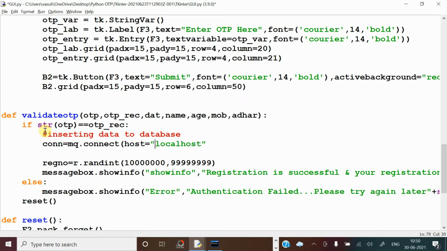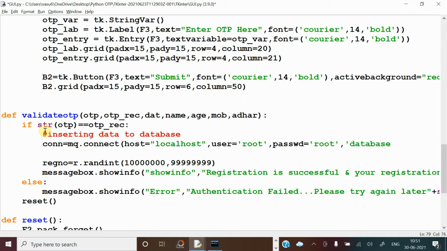So whatever PC you are using at present is called the localhost, and the username by default is root, and the password, passwd equal to, is also by default given as root.